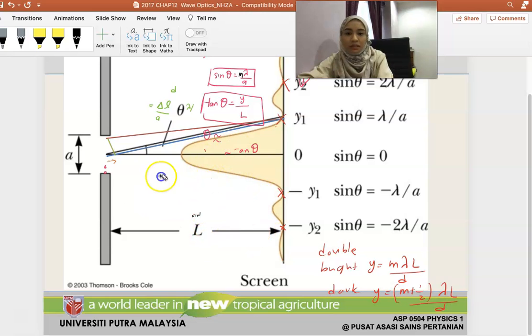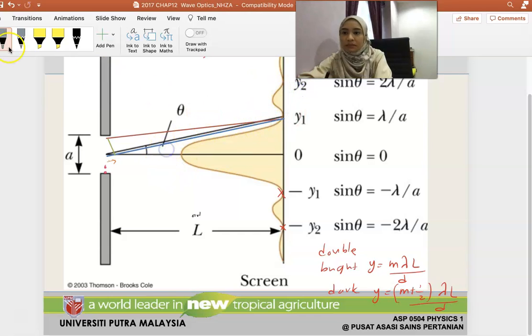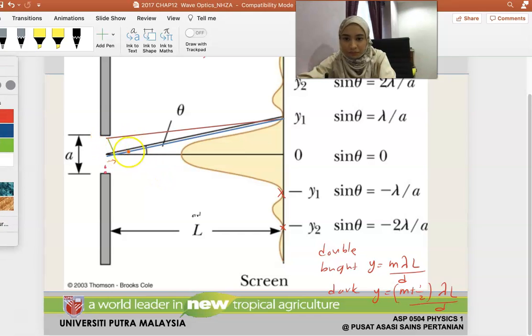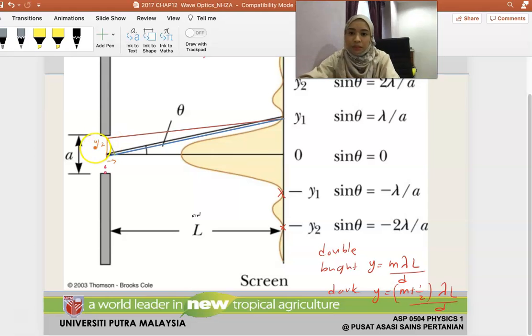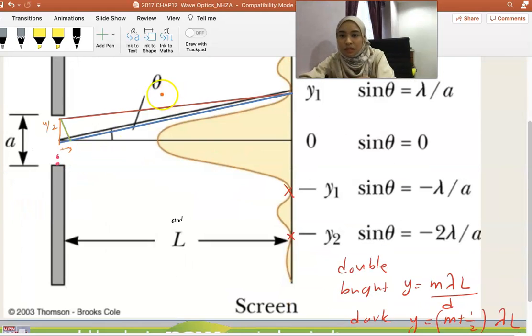Okay, so why is it okay to use sin theta to determine this angle? Now remember, we had a path difference, right? This is A over 2. Let me enlarge it. This was A over 2. And this path difference had to be a multiple m lambda over 2 for destructive interference to happen. And we defined that this angle was theta, which means that this angle over here is